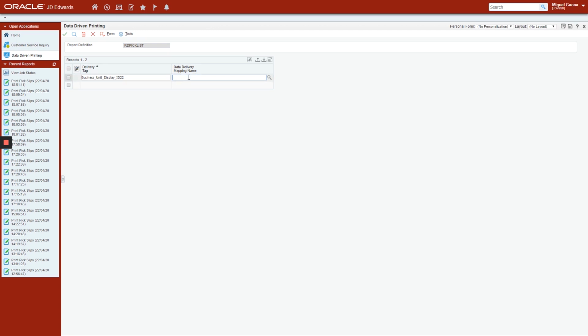Now, before filling this column up, we have to create a mapping name. So in order to do that, let's click on Form, Add Printer Mapping. We will give it a name, for example, branch. And now, on the first column, we have to enter the branch plant code that we are going to use. In my example, I'm using branch plant X and branch plant Y. Okay, so I will enter the branch plant code BPX,